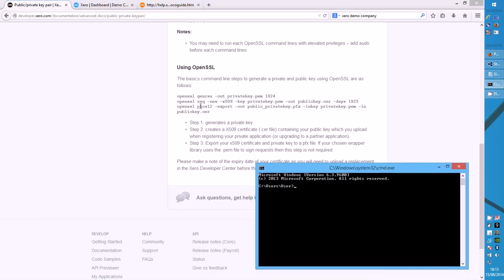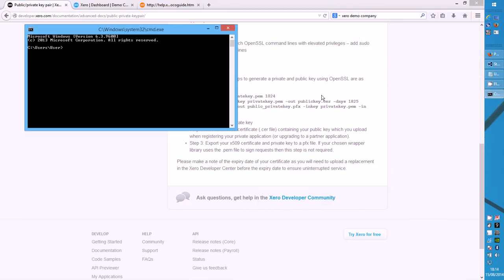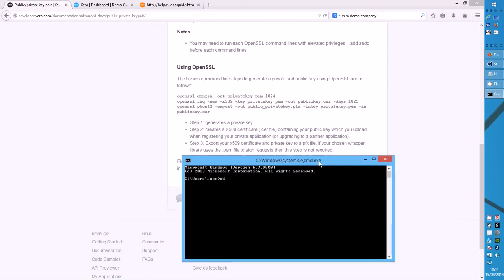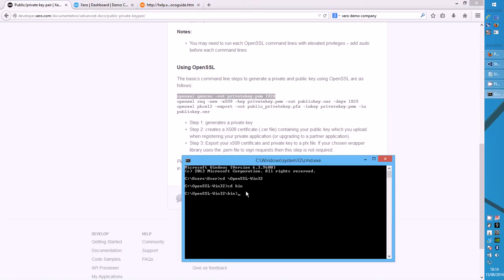So now I'm ready to create these certificates. I'm going to run a command prompt. Then we want to go to the OpenSSL directory that we just installed, and the bin folder for the binaries, which are basically the programs, and then we can literally just copy and paste all of these commands, except I'm going to modify one of them, and one of them will fail, and I'll show you how to fix that as well. I'll leave the file names default, and they'll end up in the OpenSSL